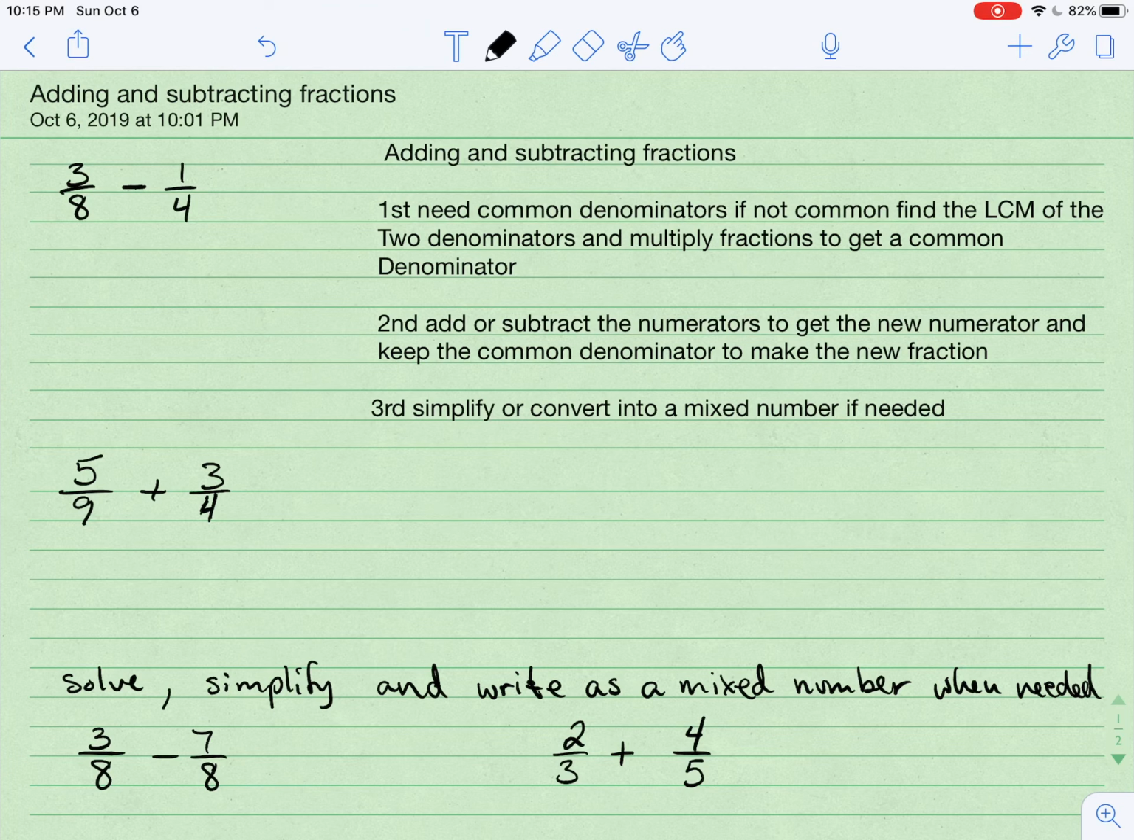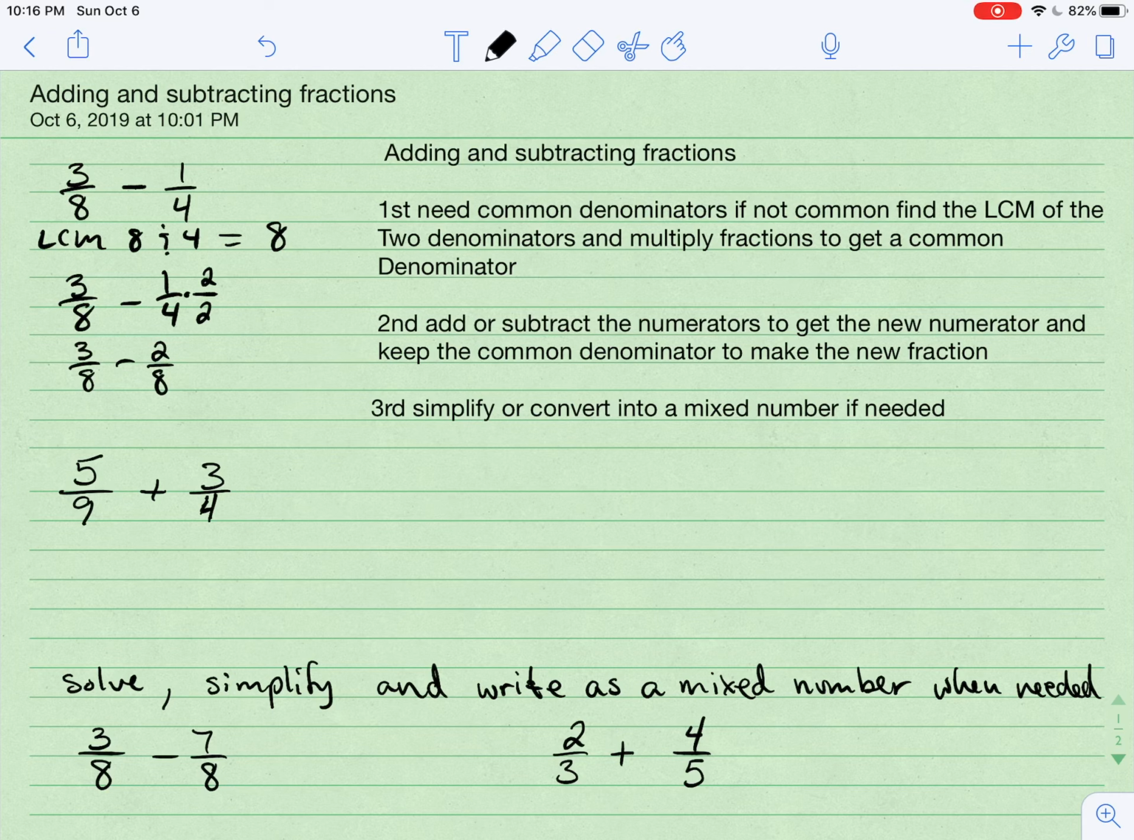So first step here, we've got 3/8 minus 1/4. We need a common denominator. The least common multiple of 8 and 4 equals 8, and that's just going to be 2 times 4 will give us 8. So you have 3/8 minus 1/4. We're going to times both the top and bottom by 2, which will then give us 3/8 minus